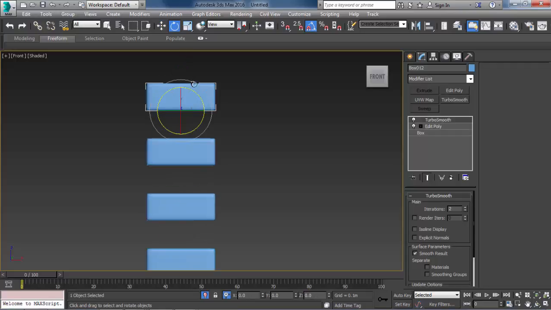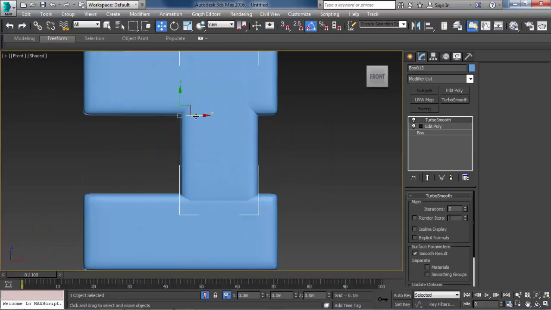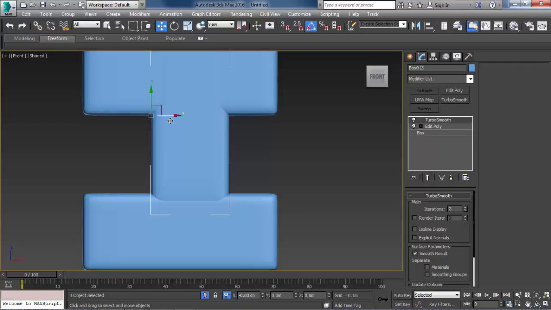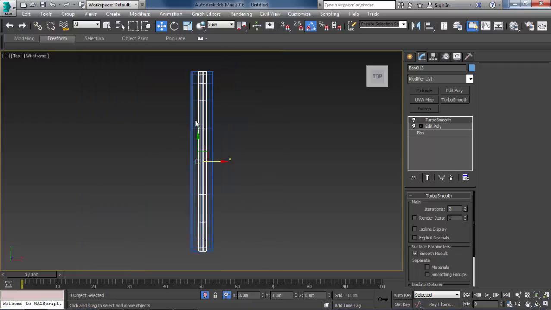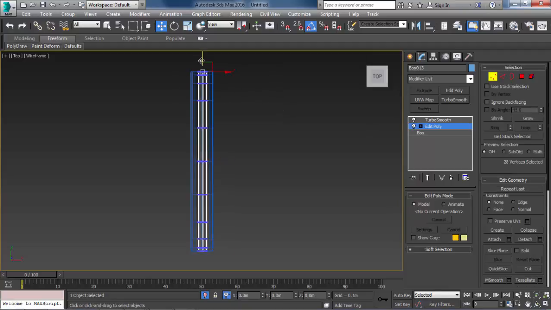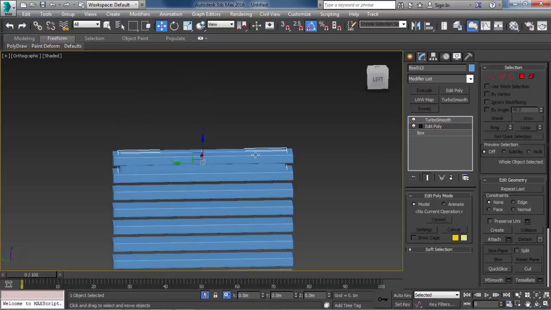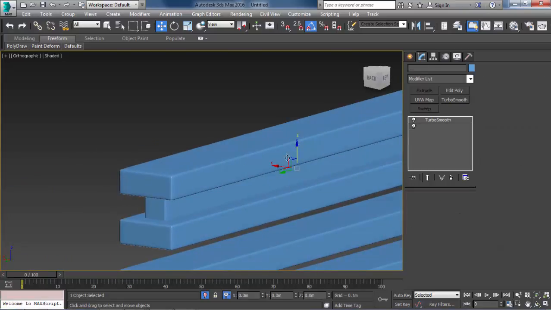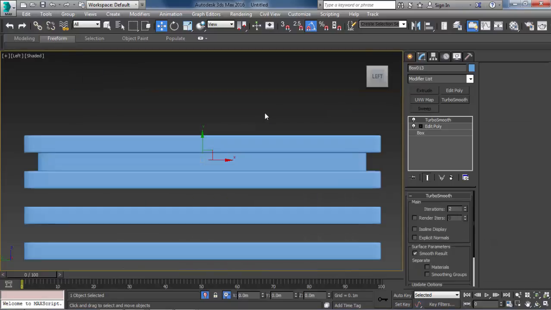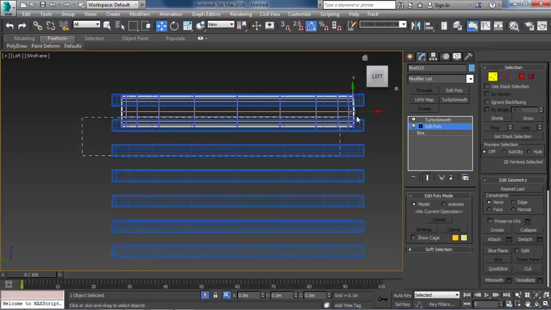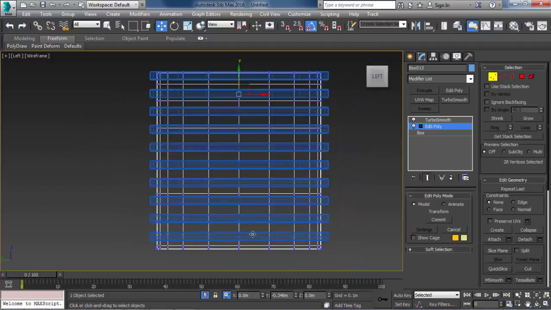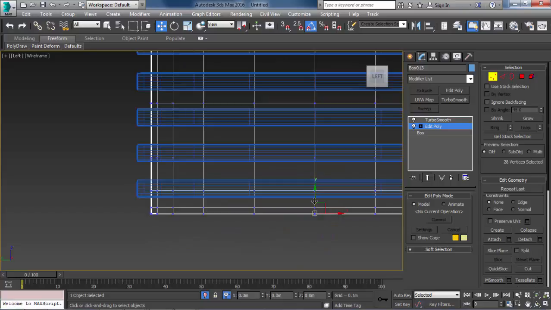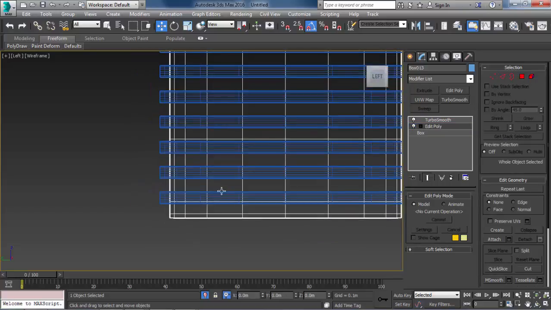And I'll make a copy right here. Now, from the left view, I'll drag this down like this. Great.